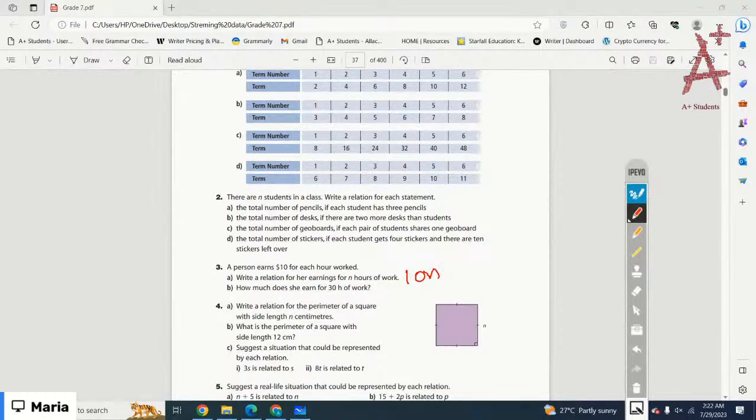How much does she earn for 30 hours of work? Just replace n, the number of hours, by 30. So it will be 10 times 30. That means it is $300. If you replace the n by 10,